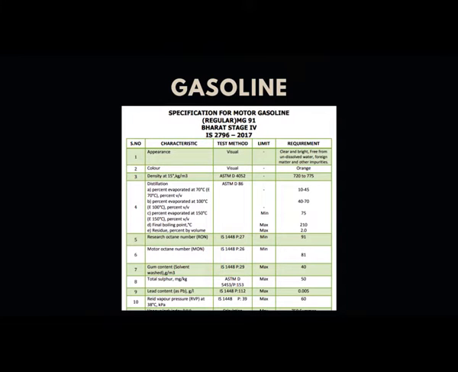So if the octane number is less than 91, then it is not going to give you mileage, and it is also going to be harmful for the internal combustion engine. There are grades of gasoline available which are used for the sports car, which are used in formula car race. Then, again, the Reid vapor pressure is very much important because of the safe handling and the storage of